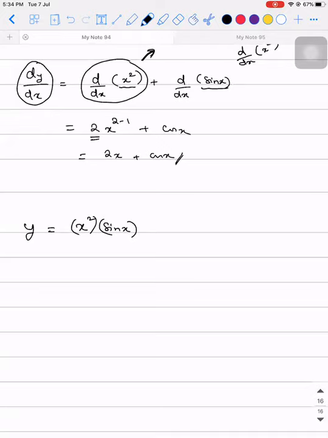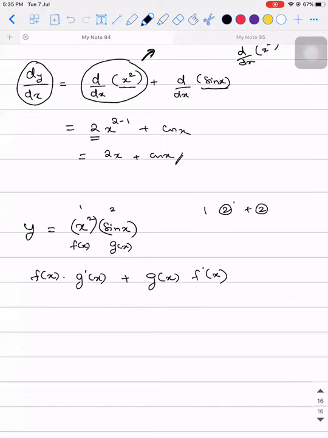So how do I write it? It is f of x into g dash of x. First write down the formula, till you get used to it. This is f of x, this is g of x. So f of x into g dash of x plus g of x into f dash of x. It is very simple. 1 and 2 are there, no? 1 into 2 dash plus 2 into 1 dash. You can remember it like this. That 1 and 2 you can call u and v also. Then you will write it as uv dash plus vu dash. However you are comfortable. If numbers make you comfortable, then you can treat it as first function into derivative of second plus second into derivative of first.